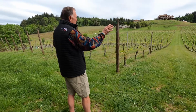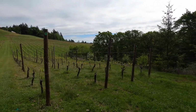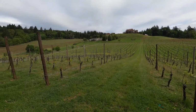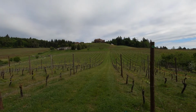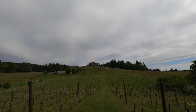This kind of gives you another great layout of the hill. So up on the right, you have where we were before, which is the Natasha block, the south section, and then up above that is the north section. The Natasha block is the largest block on the hill. It's about 6.5 acres. But as you see, you got the north section, which is sitting around 650 feet, and then you've got the lower section, the south section, which goes between 650